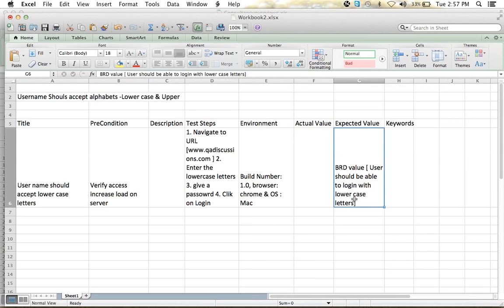So the expected value will always be there in a BRD document. So this is expected value and actual value.